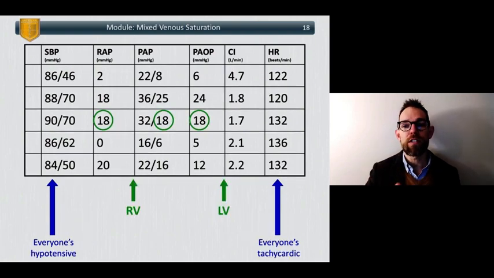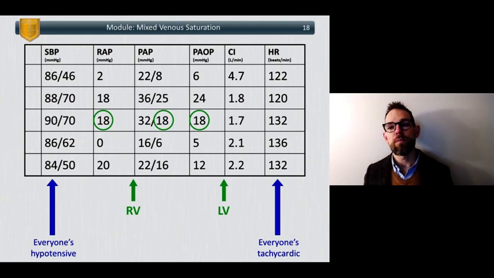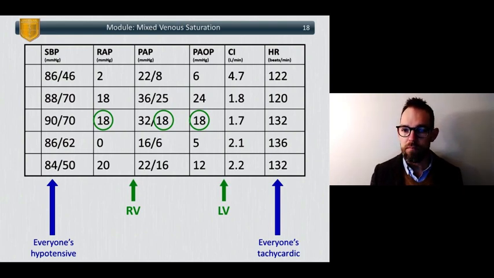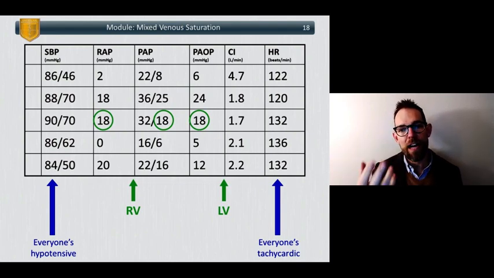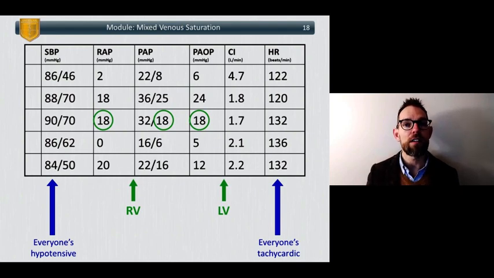So now all we're focused on is right atrial pressure, PA pressures, PA occlusion pressures, and cardiac index. Right atrial pressures and PA pressures are going to be an assessment of what the right side of the heart looks like. PA occlusion pressures and cardiac index are going to be an assessment of how the left side of the heart looks. Okay? So first things first, if we look at the third line,